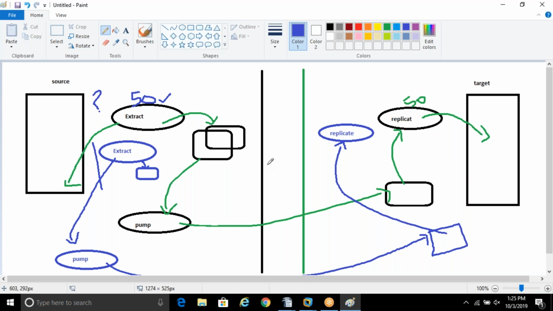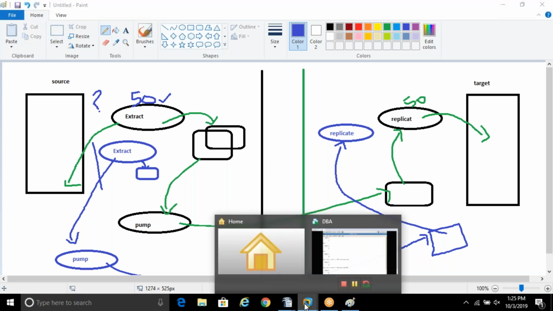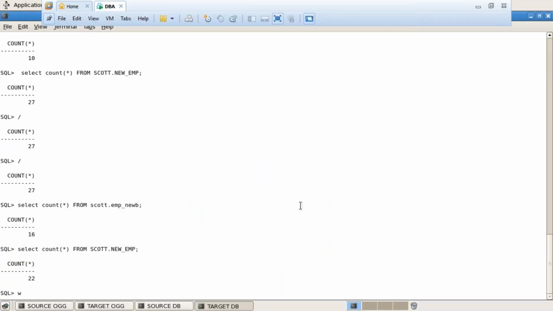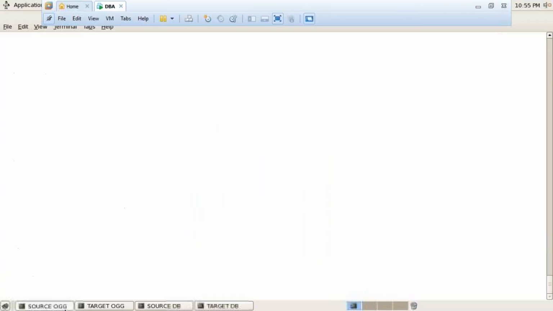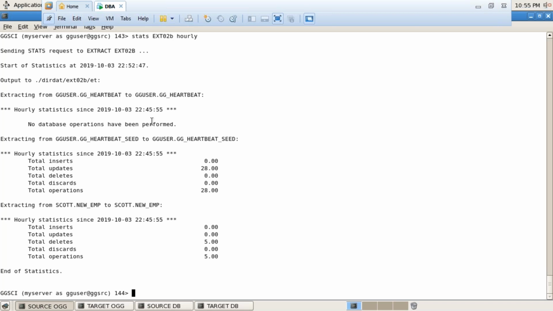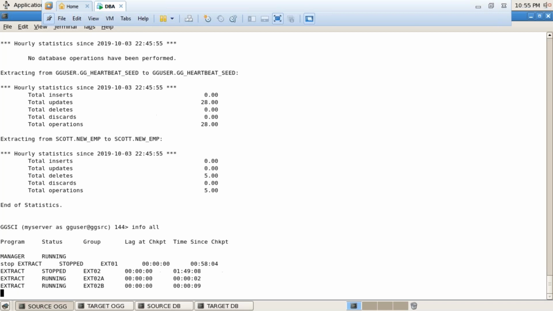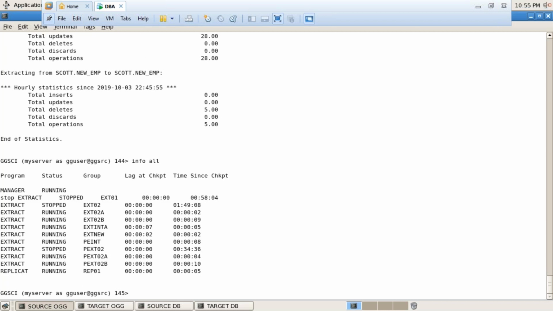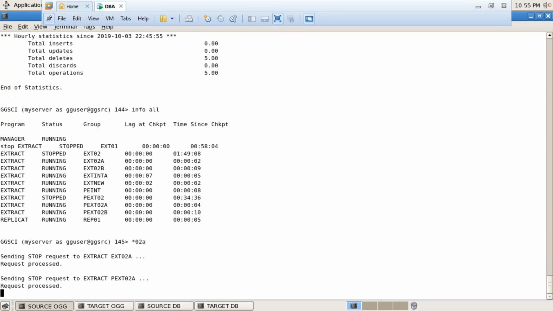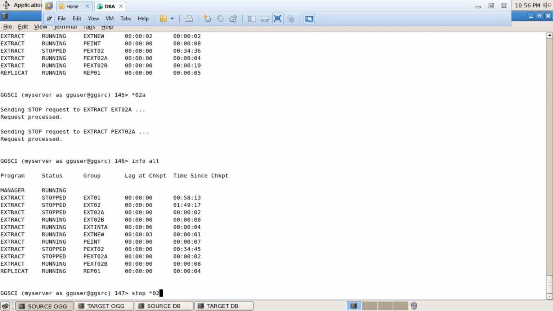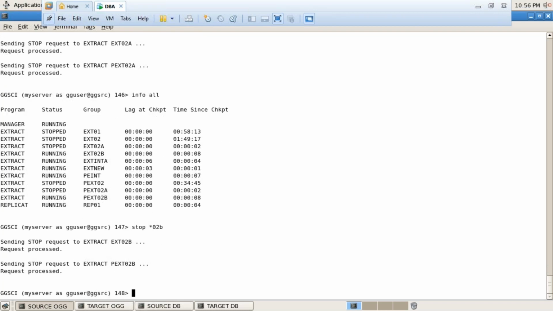Correct. Let me, instead of saying, go, let me show you. So I'll use the same set of tables, okay? But I'll just stop the extracts now. Okay. I think, yeah, I got a clue. Yeah, what clue? If we register the extract before we stop the existing one,